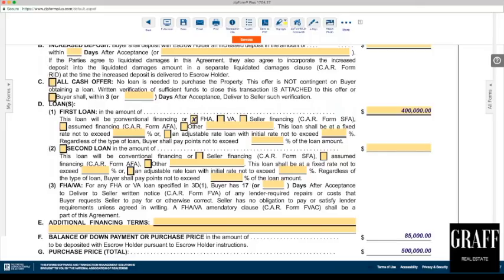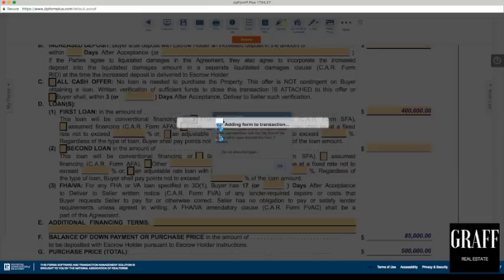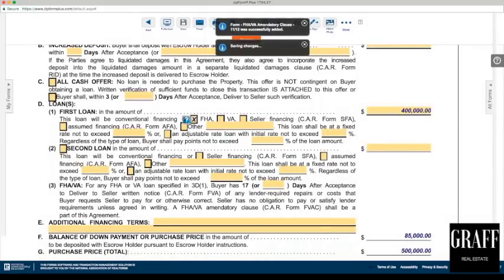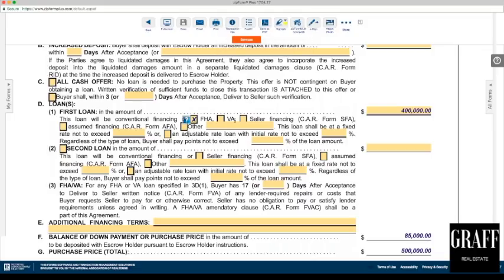This loan will be conventional financing, or in this case it's conventional financing, but this is where you would select whether it's FHA or VA or whatever the case may be. You also want to notice this says the loan shall be at a fixed rate not to exceed or adjustable. You would select that if that's the case, but under fixed rate, and it's tempting to leave this blank, but I always encourage agents to fill it out as accurately as possible, because if it's blank and for some reason